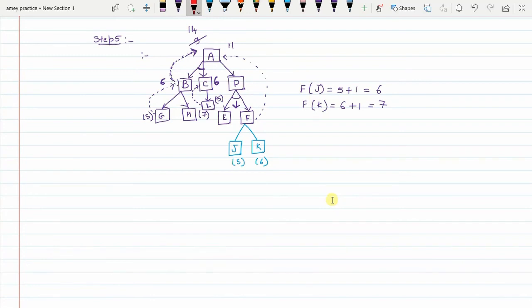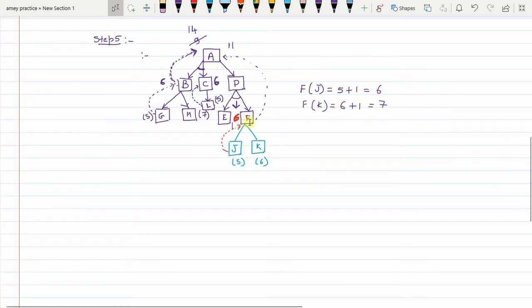So the value that will be backed up to the parent will be 6. Okay, so that is the heuristic value of 5 and 1 unit along the edge, so the value that will be returned will be 6. Why was J selected? Because J happens to be the minimum f valued node compared to K, right? So the f value of J was less than the f value of K. That's why. Now the backup value that you obtained at F is 6.